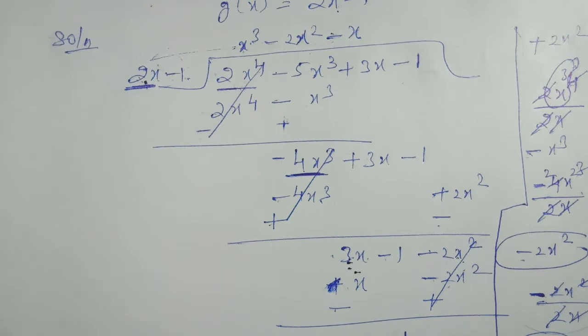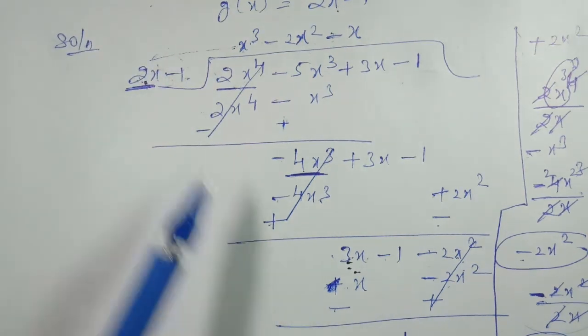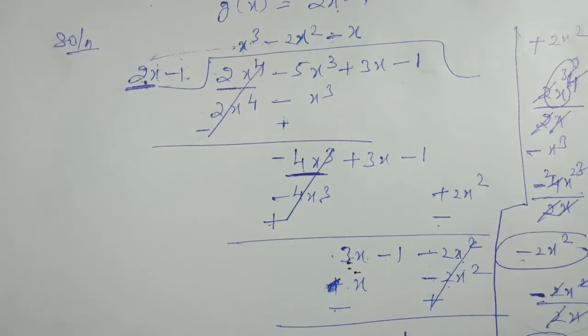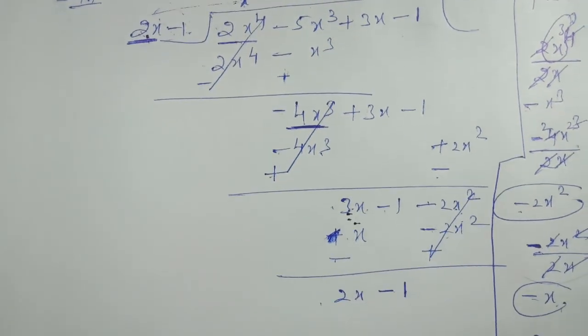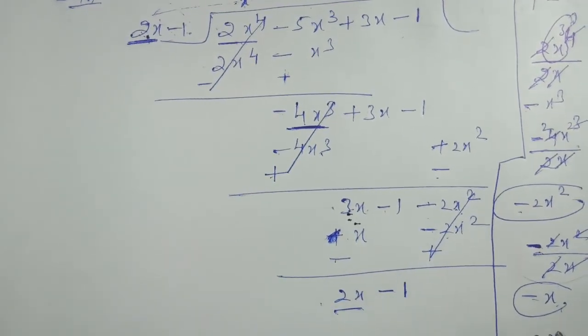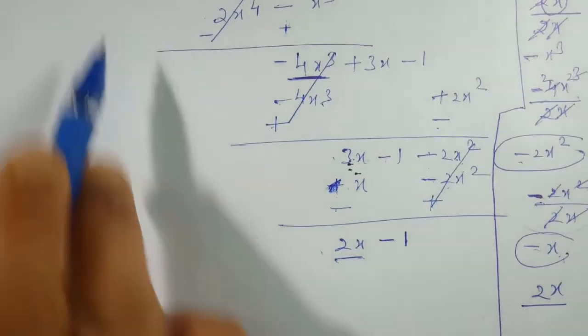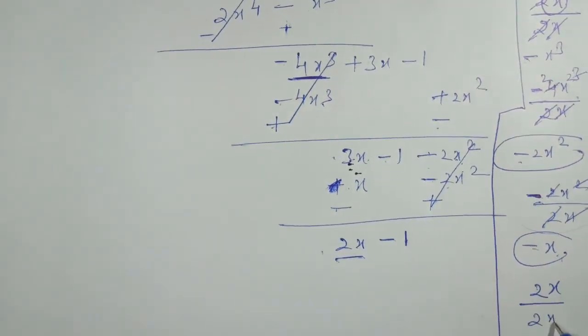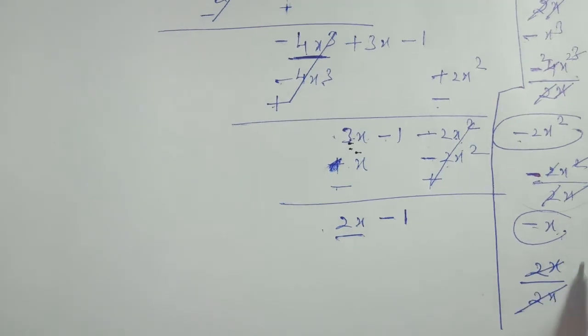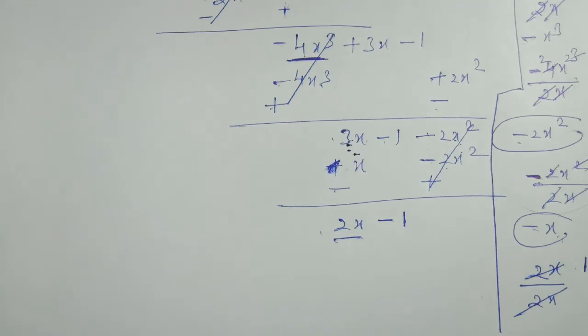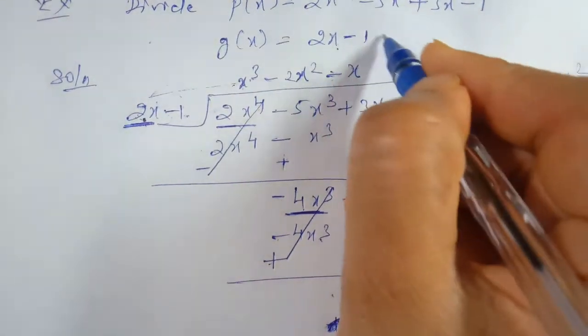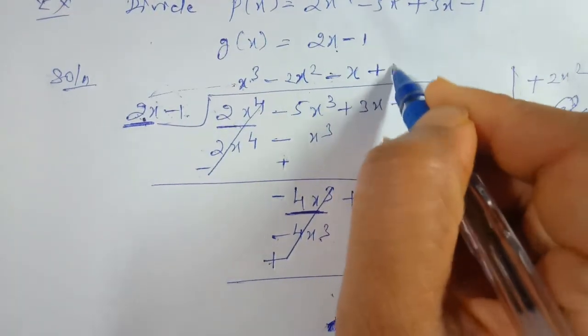Now again we can divide. The power of the dividend as well as the divisor are the same, so we can divide now. If it is less than this, then we cannot divide. So now the highest term we have is 2x, and the first term of the divisor is 2x. We observe that all the terms are cancelled, so we get 1. It is in positive sign, plus 1. So the next term of the quotient is plus 1.